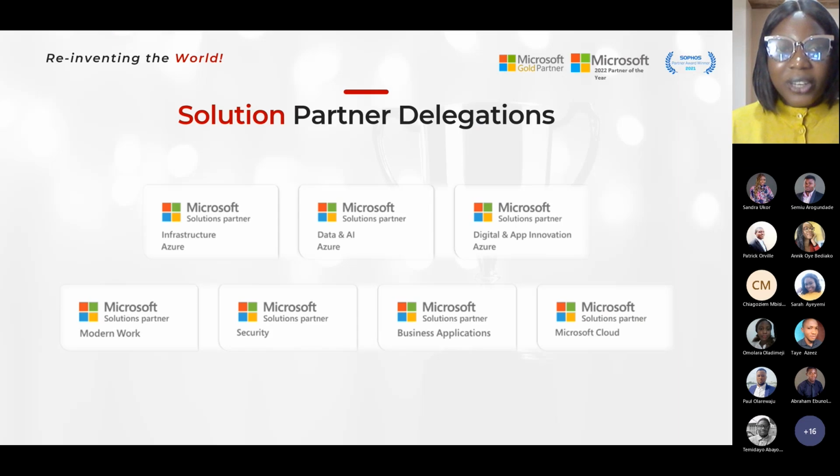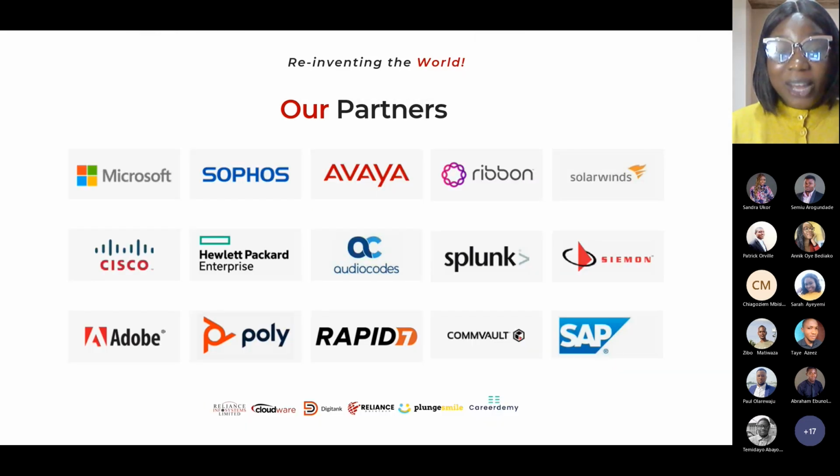Going forward, I'd like to talk about our competency and expertise. We have been recognized as Microsoft Solution Partner for all our 6 key solution areas. We also have advanced specializations that cut across all these solution areas. So you can trust us to have the right expertise and the right experience to protect, secure, and help you grow your business. And when it comes to meeting our customers' needs, we work with a wide range of partners and OEMs to ensure that you get the best tools and the best technologies for your organization.